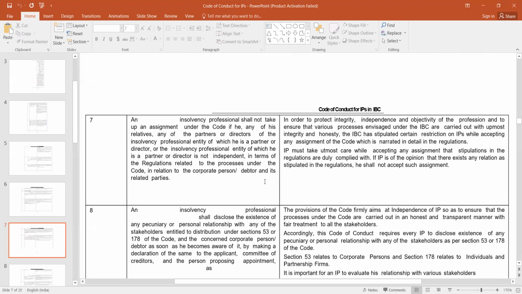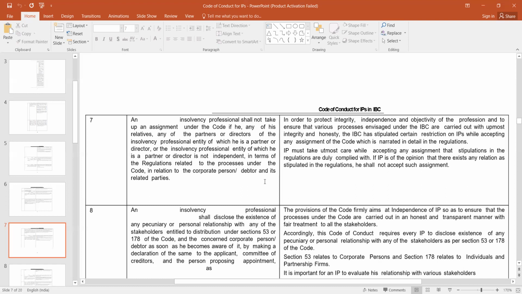Next point is, an insolvency professional shall not take up an assignment under the code if he or any of his relatives, any of the partners or directors of the insolvency professional entity of which he is a partner or director, or the insolvency professional entity of which he is a partner or director, is not independent in terms of the regulations related to the processes under the code in relation to the corporate person, debtor, and its related parties. So you should refuse that assignment if your relatives or partners or directors are directly or indirectly